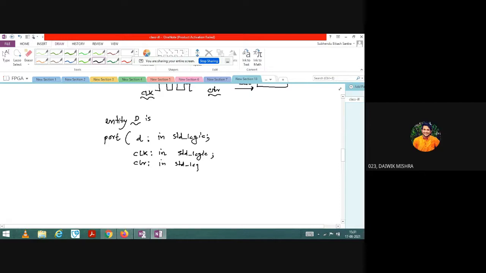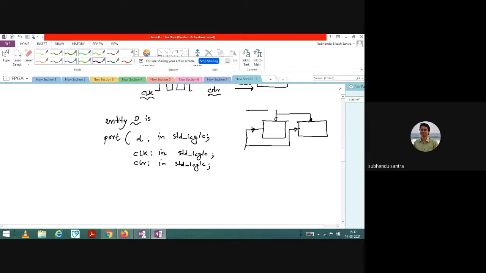So if we are taking clear, why don't we consider preset also? Preset in a flip flop is not required, right? But clear is an asynchronous input, right? Always remember, clear can be synchronous or asynchronous. Let us say I have two flip flops and one common clock, and you want to reset the entire thing. Do one thing: use one clear for both these flip flops. It is possible.